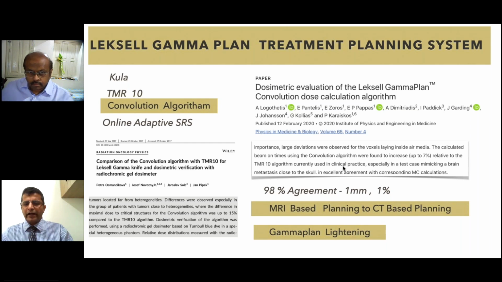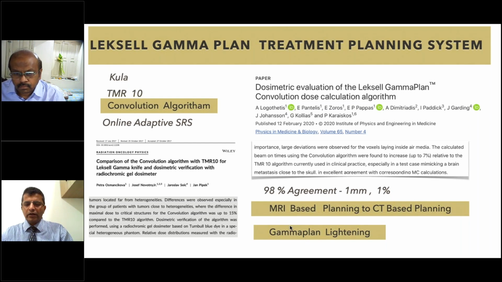And they noticed a variation of 7%. But in a comparison published by the Prague group, they observed more deviation between the convolution algorithm and the TMR10 algorithm, which is used in the Gamma Plan. However, I am not going to discuss much about this system, because